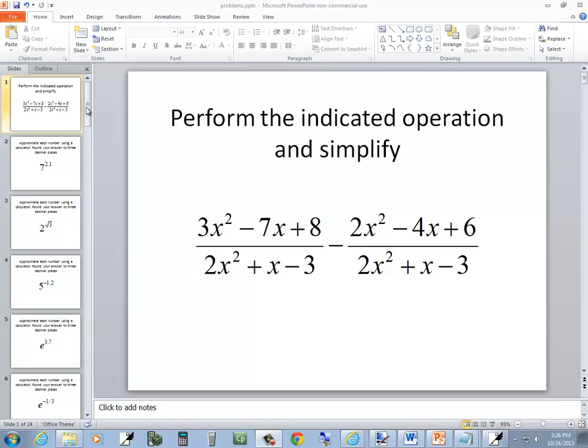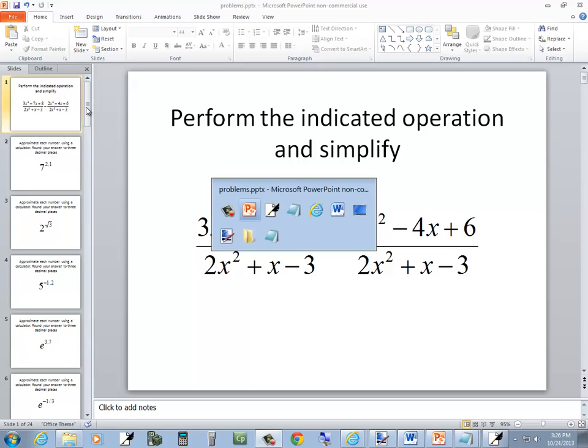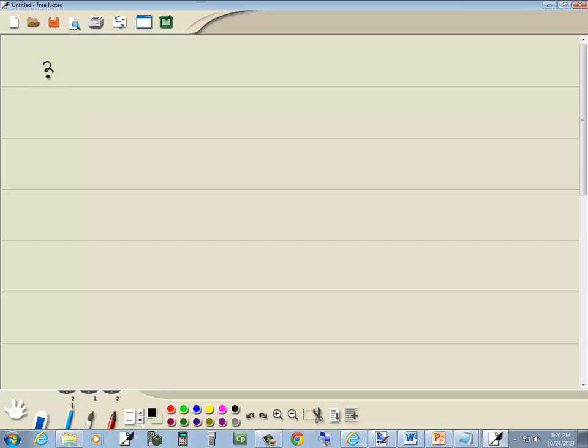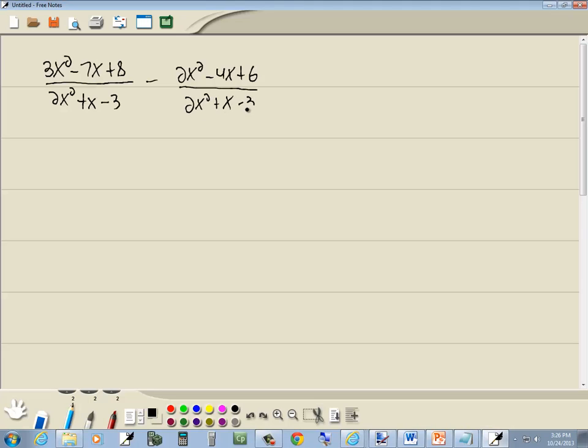In this problem, we want to perform the indicated operation and simplify. So we have (3x squared minus 7x plus 8) over (2x squared plus x minus 3), minus (2x squared minus 4x plus 6) over (2x squared plus x minus 3). Well, these have the same denominator, so we're going to just add or subtract the top parts, put them into